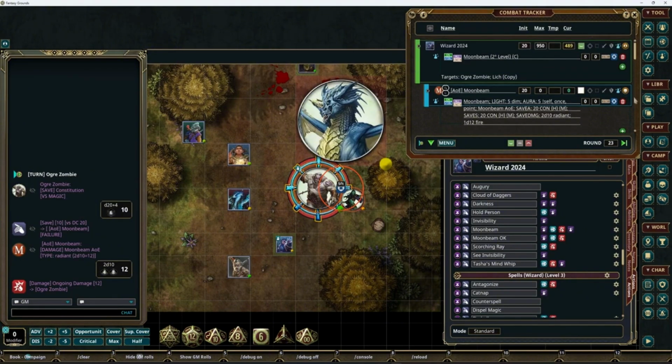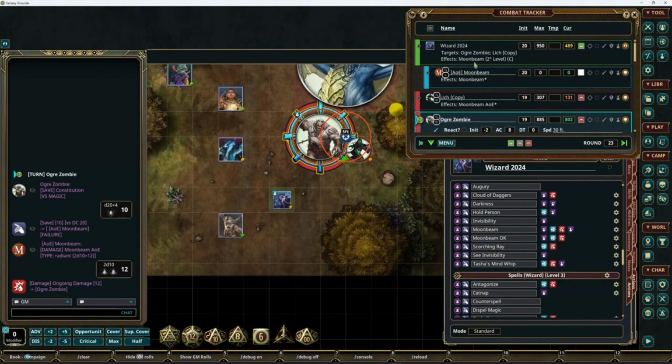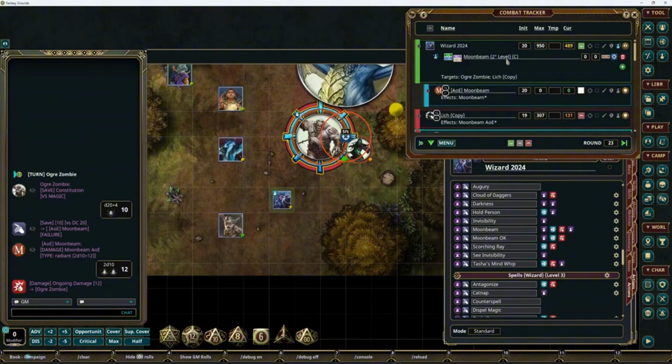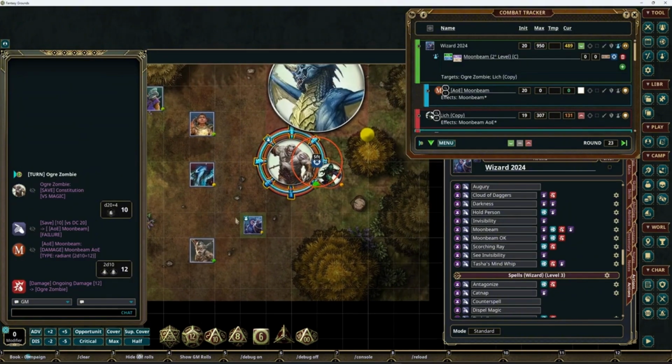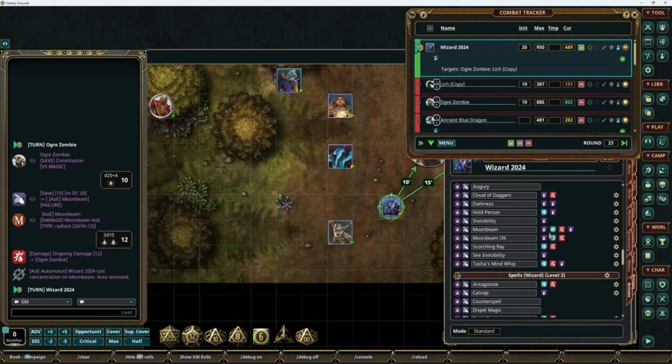Also, the effect for the concentration is applied. So when we lose concentration, I will remove the effect. Also the token in the combat tracker and on the map will be removed. Boom. So let me correct the